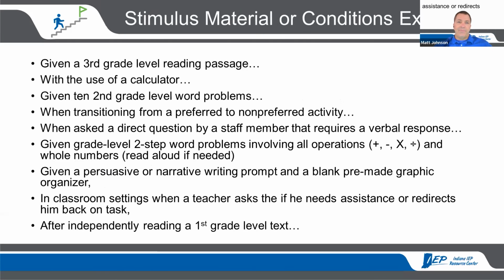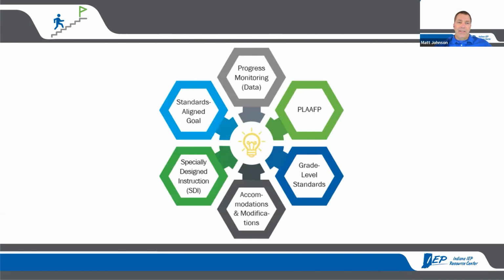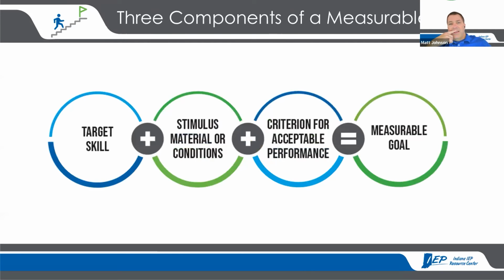So hopefully that's the piece. So that's to go back here, the 3 components of a measurable goal. So questions, concerns about those 3 pieces, any details? And we're going to go through an example here together as well, so we can see this kind of in action. Any questions?